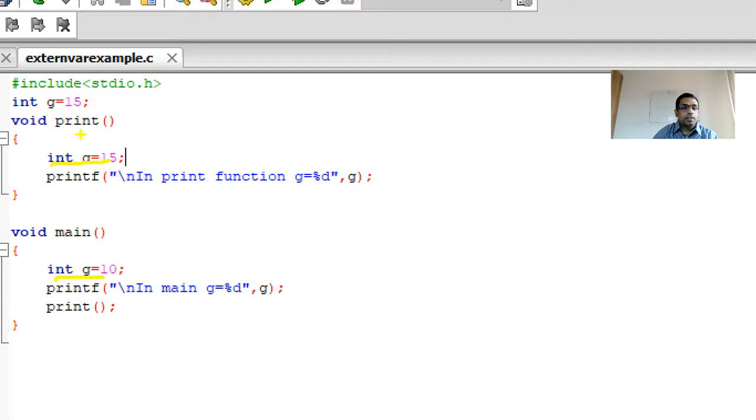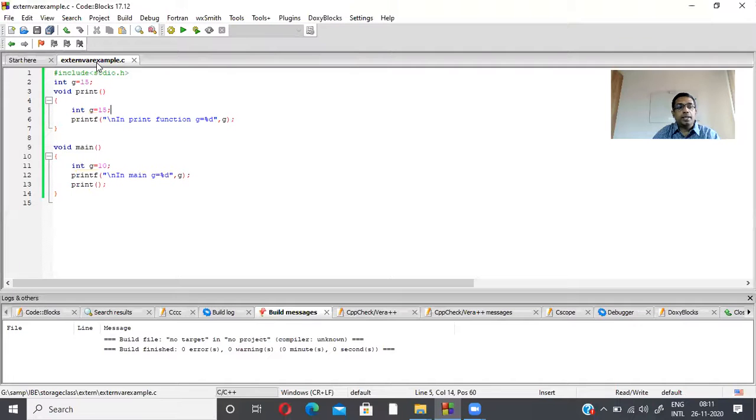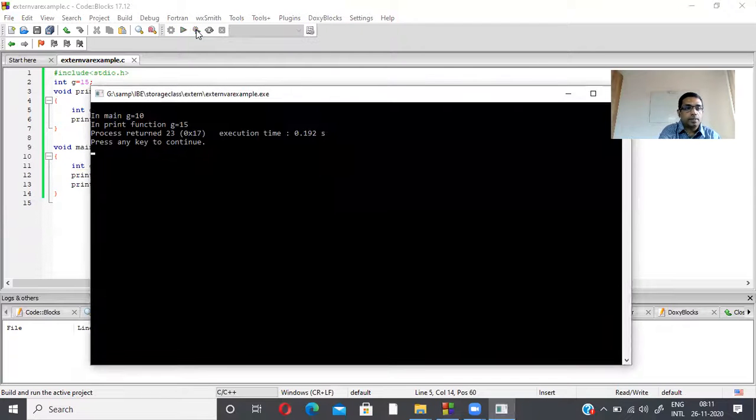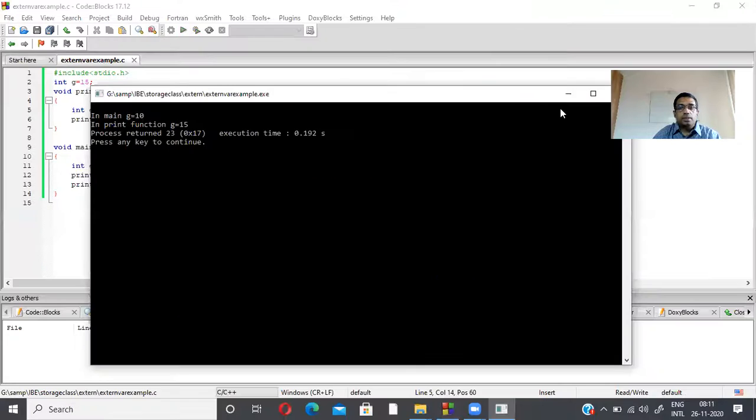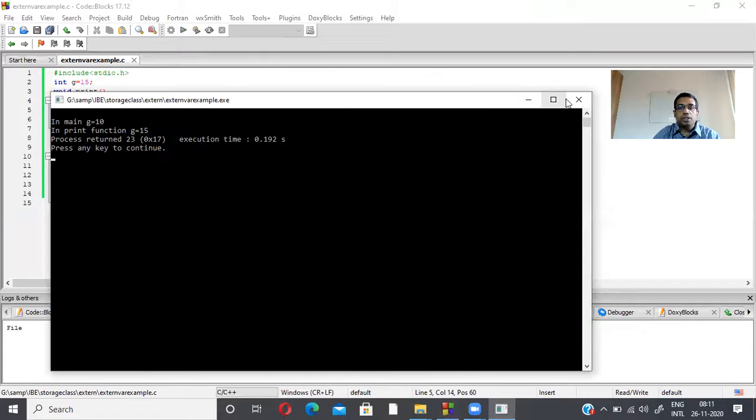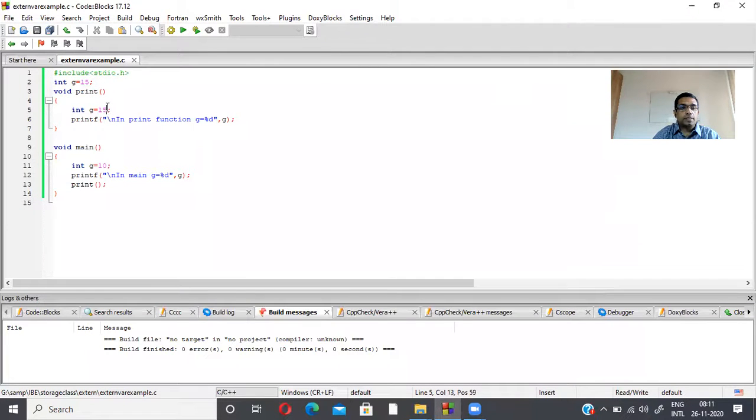What will it do now? When you declare a local variable with the name of the global variable, within its scope only the local variable will be active. We will run the program and check the result. Yes, the value in print function is g equal to 15, in main function g equal to 10. For example, I'm giving 100 now.